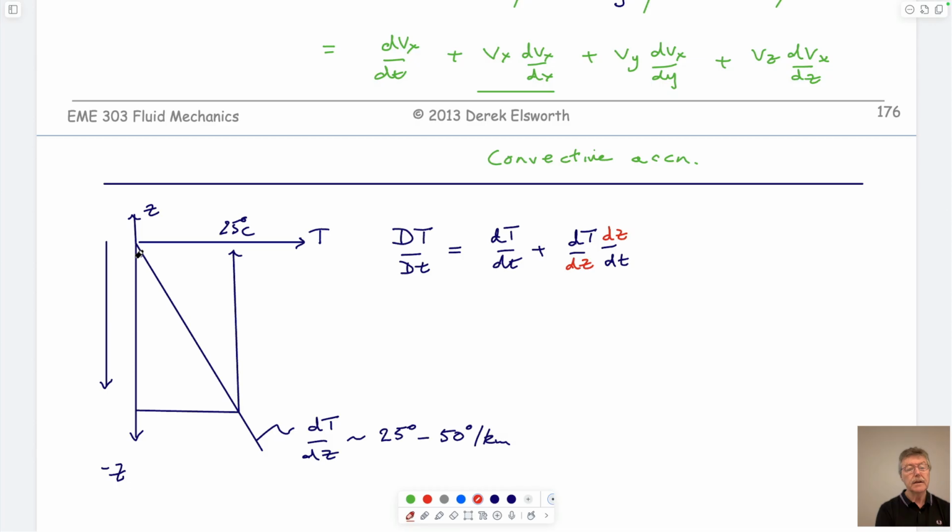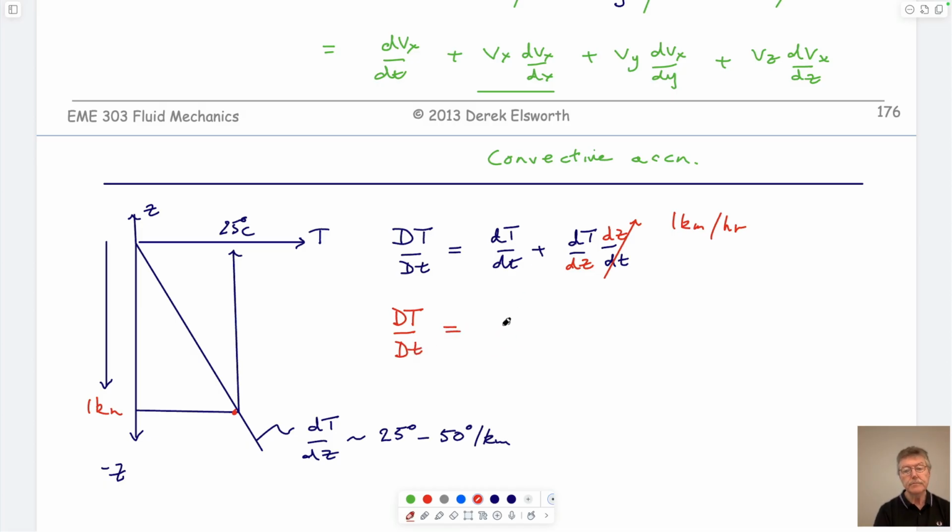And then if we go down here and we want to know what the temperature is at any particular time, then if we go down at a velocity of 1 kilometer per hour, not very SI, and we go down 1 kilometer, then this would give us the rate of change of temperature if it was attached to us. If we're sitting on the sonde as we're going down,